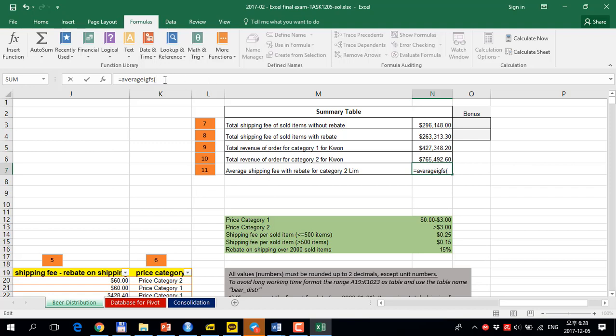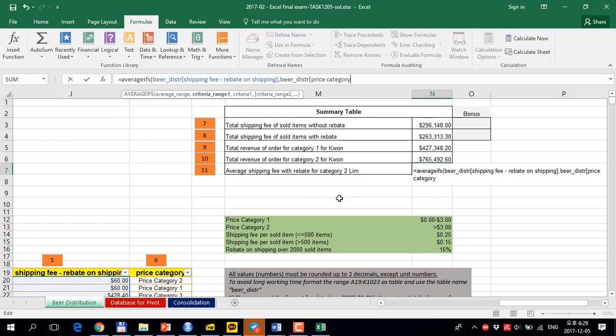So average ifs, what we need to do is average range is the first. So average shipping fee with rebate, that means beer distribution again, then shipping fee with rebate. For the category 2, so beer distribution, then category and category 2 is here, and